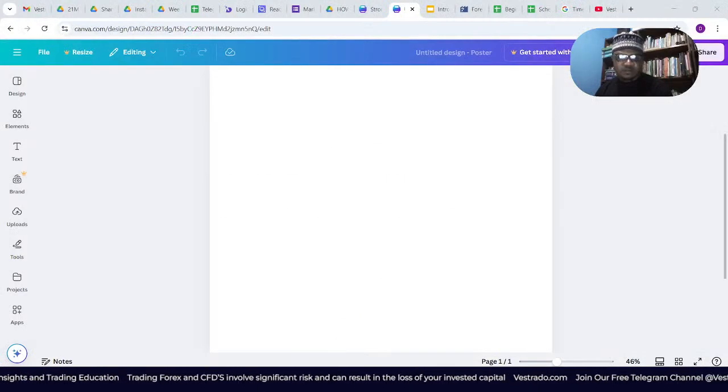First, let's try to map out what complex reversal patterns are. What are complex reversal patterns? Okay, it's important to